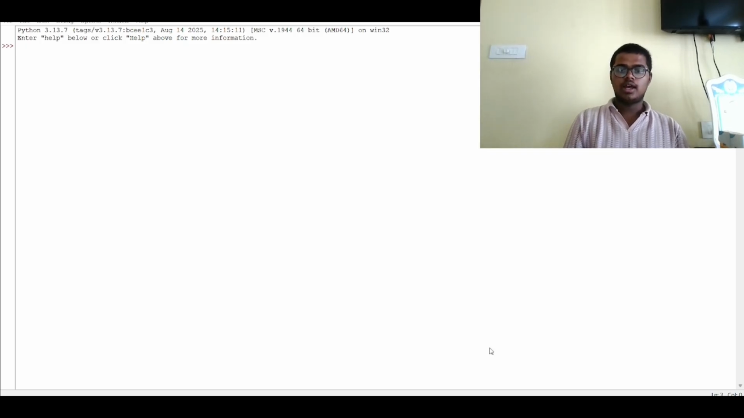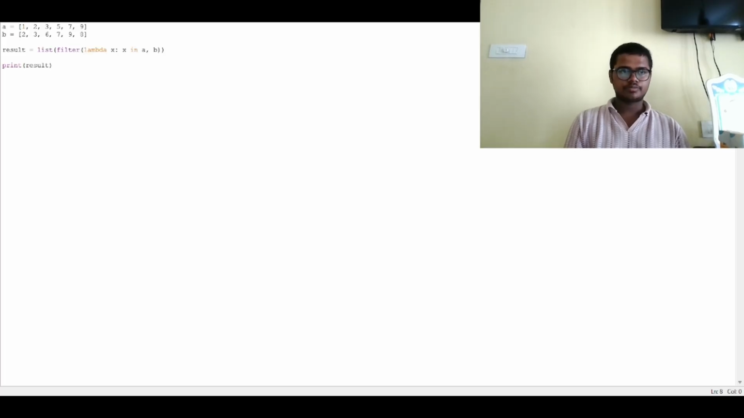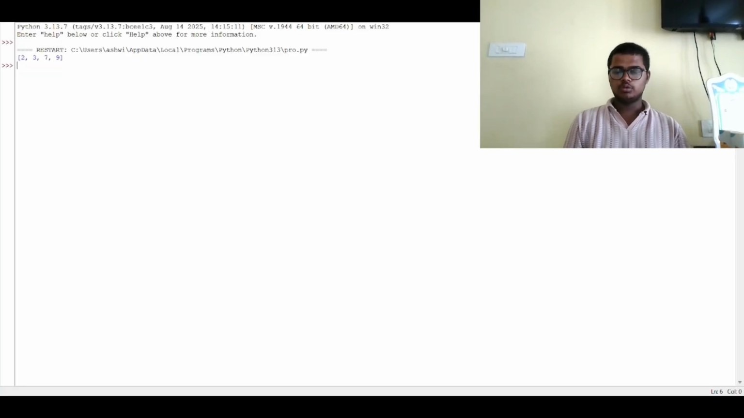See students, I have given the code here. So let us run that. So here the result has been displayed. So you could have understood what is filter function. So now let's move to another example, that is